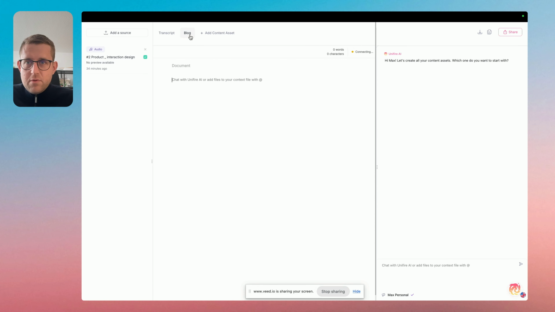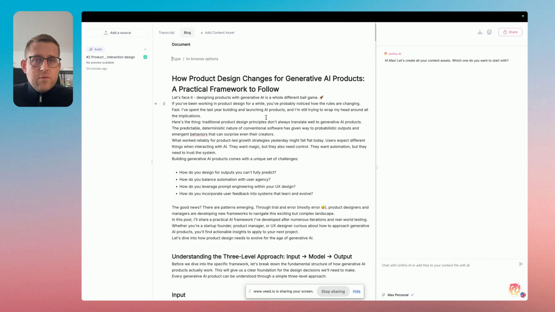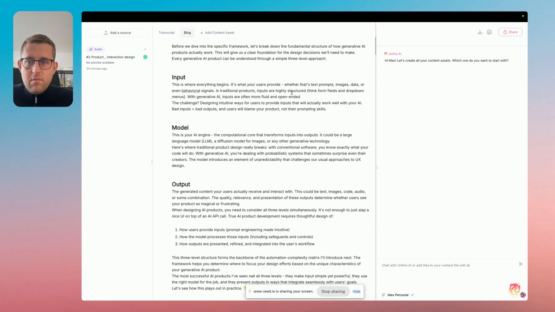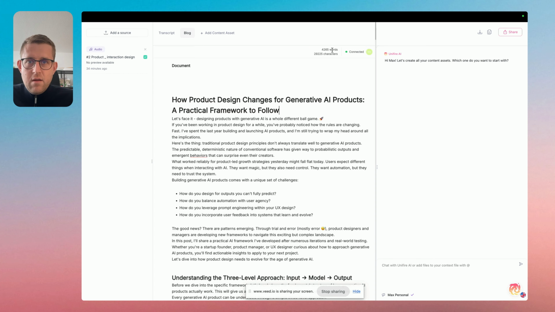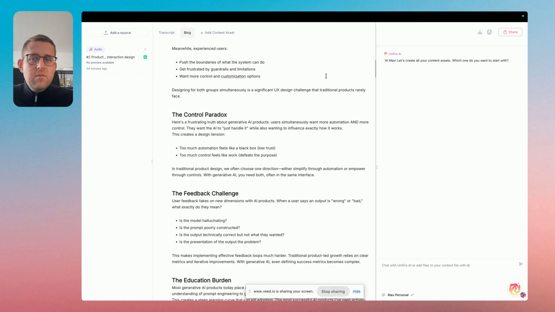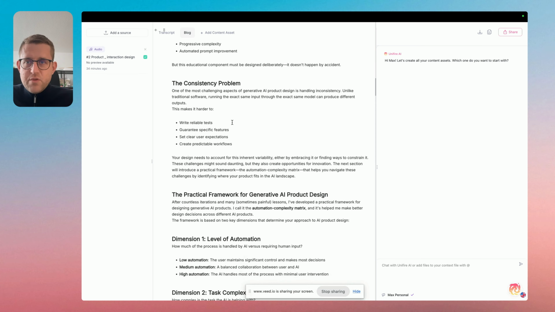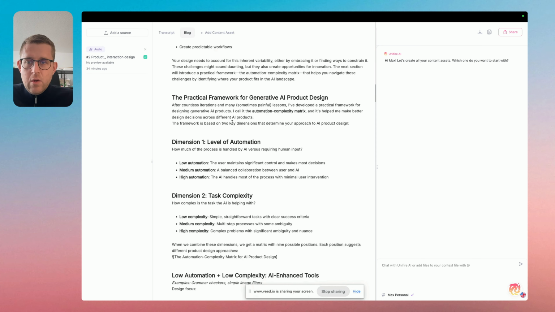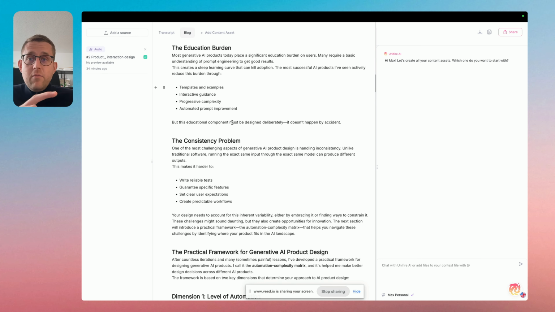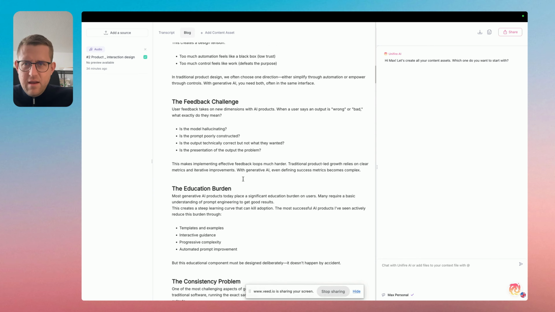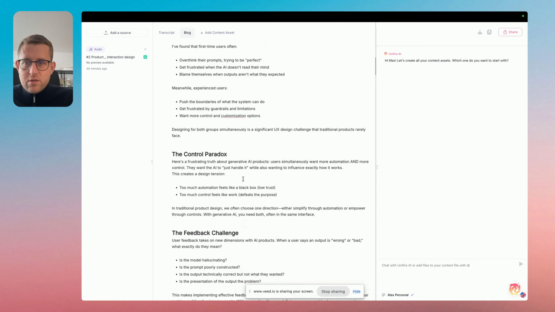So here's the transcript, as always. Here, that was before, how product design changes for generative AI products. So I literally created the exact same thing. And it talks extensively. I mean, it's 4,000 words. It's a bit long, but sometimes we have things like this. So, for example, what we want to do is give you the best draft possible, and after that, we want to make it as easy as possible to edit and add new paragraphs and extend it. So maybe we could just go,